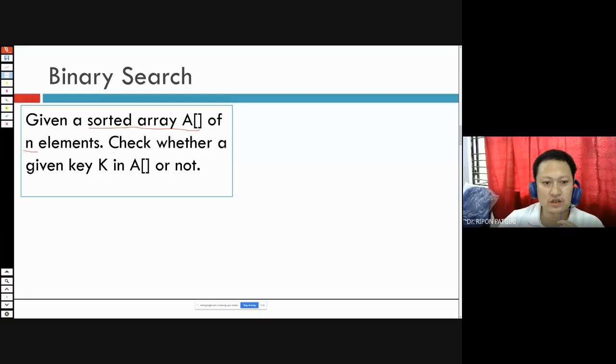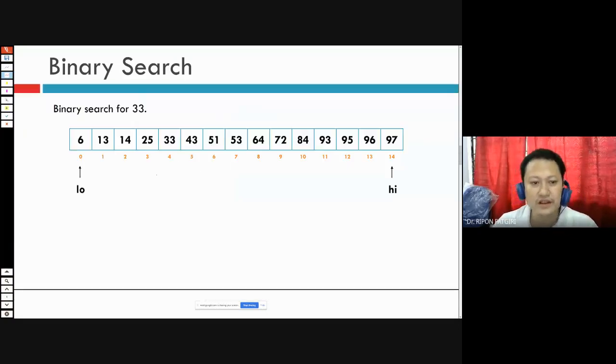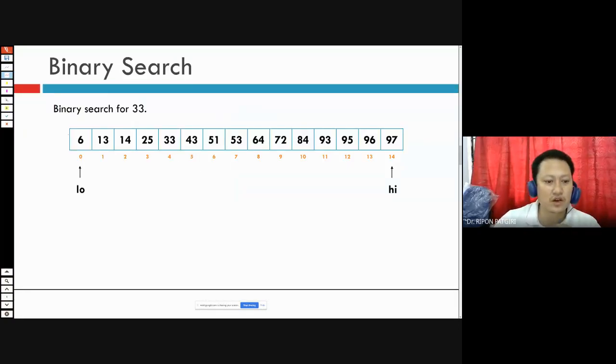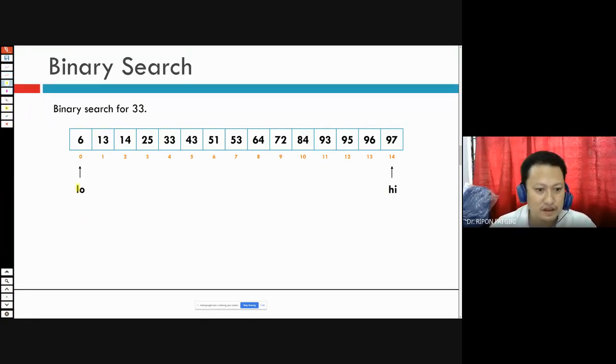In a sorted array, we need to find out whether k is present in the array A or not. So how are you going to find? This is low and this is high.